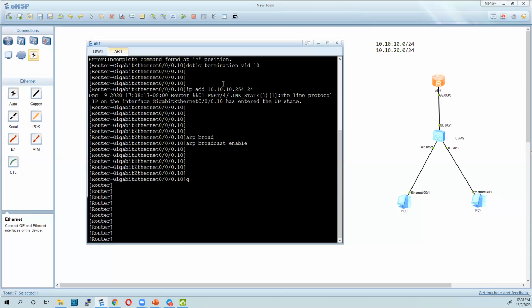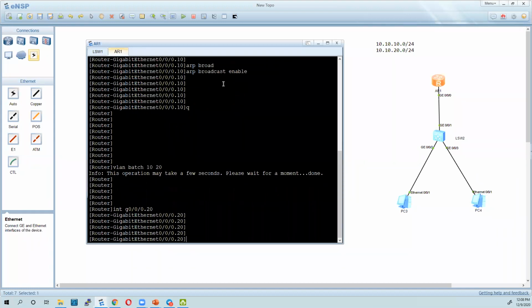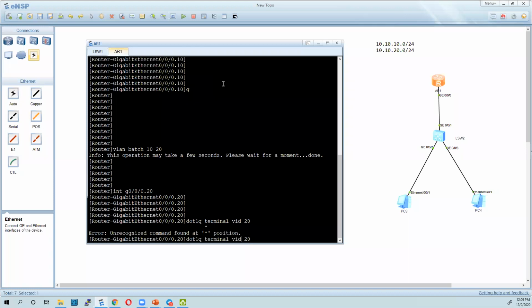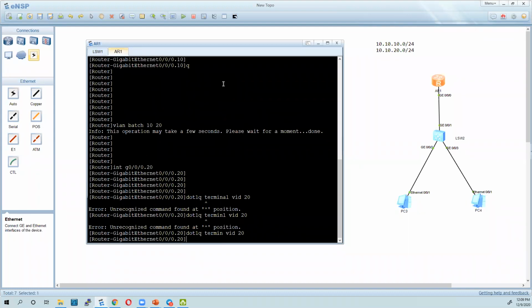Now for VLAN 20. I'll go to interface GigabitEthernet 0/0/0.20. And then I will do dot1Q termination, VID 20, VLAN ID 20.